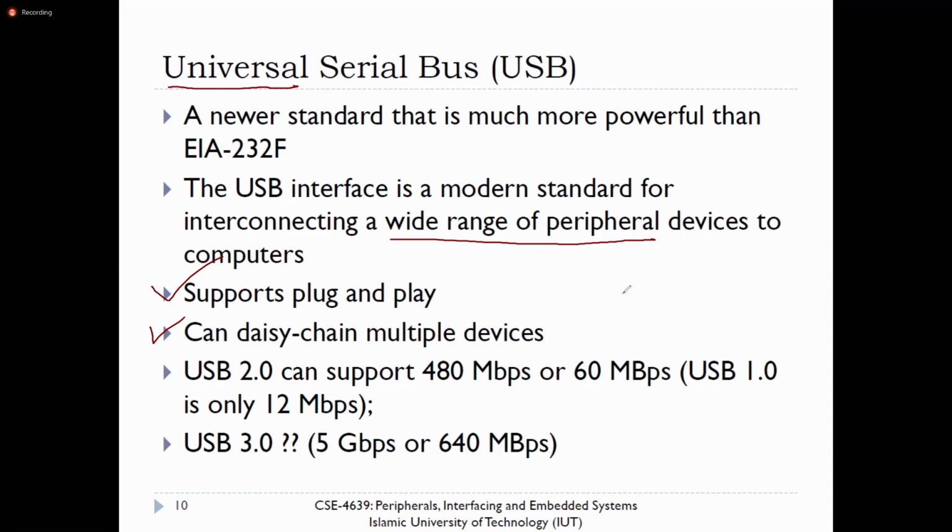And nowadays, though we say type A, type B, type C USB, we also have some other names: USB 1, USB 2, and USB 3. And what is the basic difference? The basic difference is the data transfer speed. And you see that